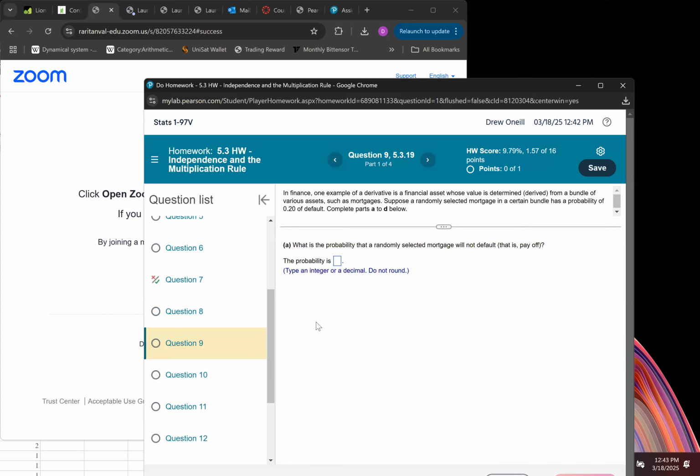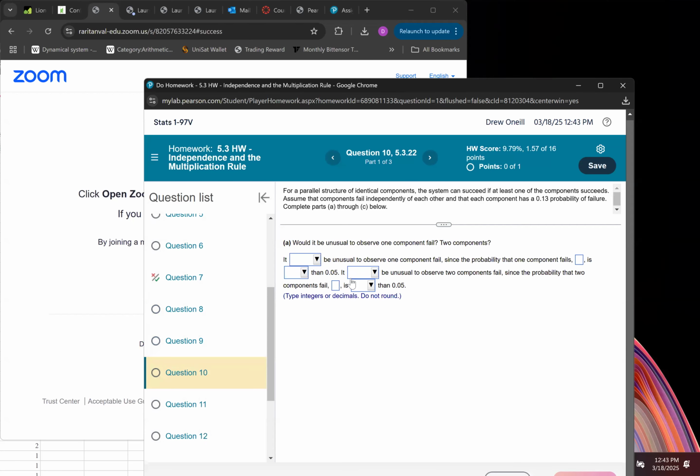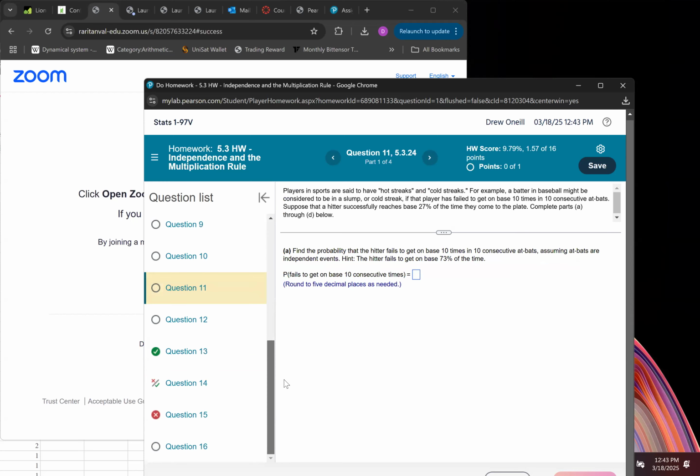Suppose a randomly selected person has a probability of 0.2 of default. So then if it's 0.2 that they will default, then it's 0.8 that they won't. Okay. So that's just complementarity from the last section. This is one of those problems I apologize for. Just do your best on these. I know they're annoying, right? You have to get all of these perfect, but like I said, I wanted to keep these a little bit shorter because the chapter 6 stuff can be tedious. And yeah,